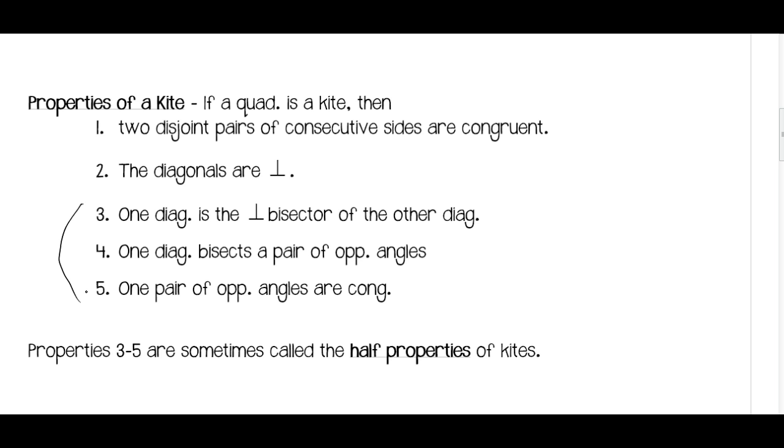You've got to know which pair of angles is being bisected. And number 5, one pair of opposite angles are congruent. Not both pairs, so you need to know which pair of opposite angles are congruent. So go ahead and draw your figure, write that you're given a kite,